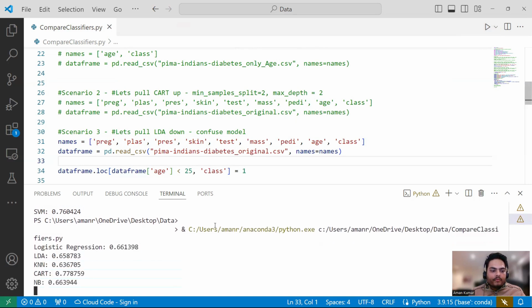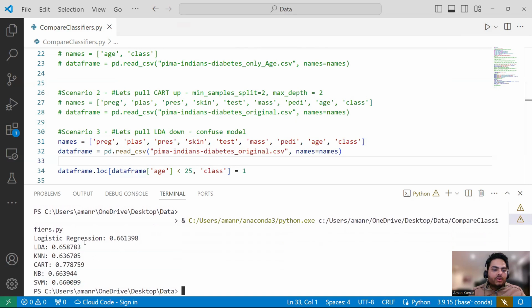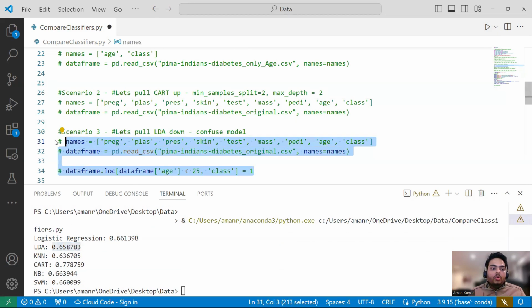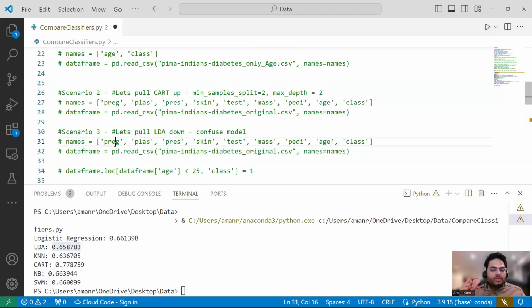It is running now. So as you can see, all the models' performance has come down because of this bias, including LDA. LDA has also come down drastically from 77 to 65. Okay. Why am I showing you all this, guys? Because you have to understand how your data and model parameters marry together. LDA tries to learn the pattern in a different way.